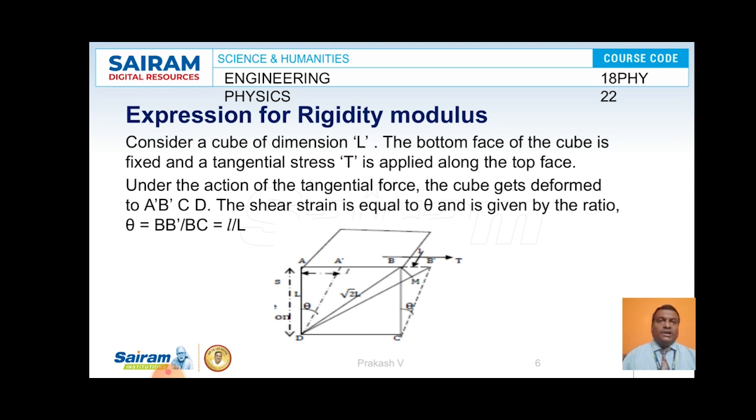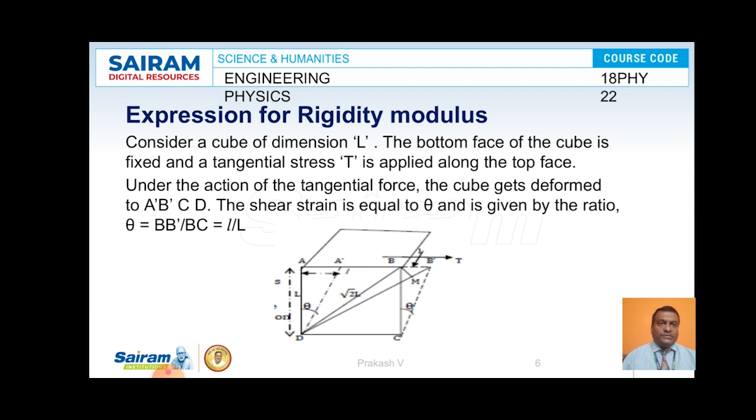And let us look at the expression for rigidity modulus. Now we have to consider a cube of uniform length. Let L be the length of the cube in all directions. The bottom face of the cube is fixed here and it is subjected to a tangential stress T along the top layer. So under the action of tangential force, the cube gets deformed to A dash, B dash, C, D